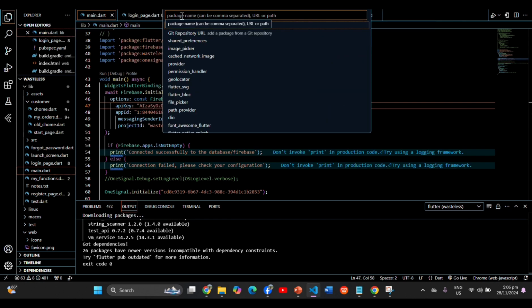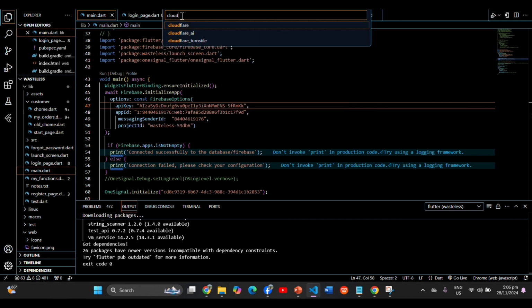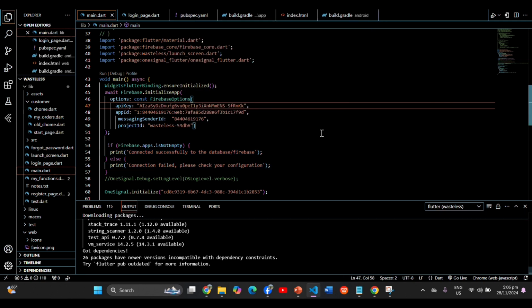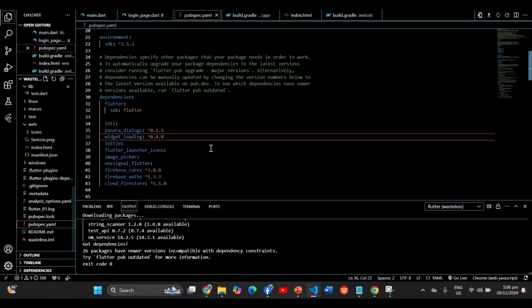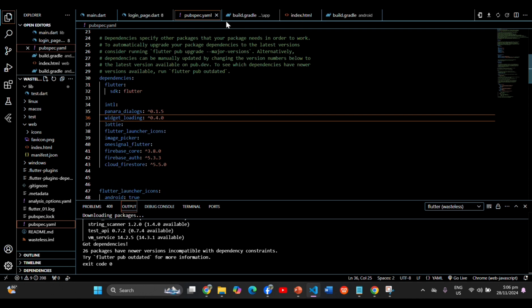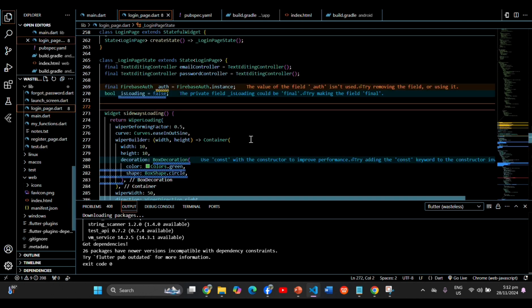We also need to add a dependency like Cloud Firestore, which is our NoSQL database. As you can see in the pubspec.yaml, these dependencies are now added. Now we can go to the login page,